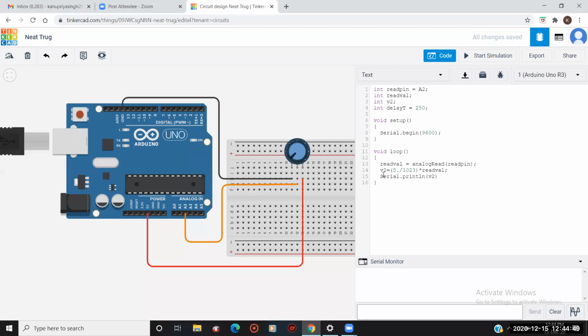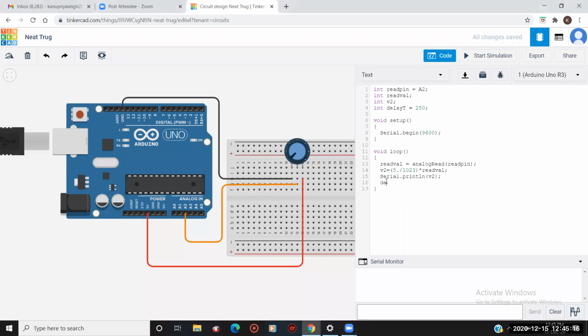Whatever value is stored in my v2 variable, I am going to print it. But the serial monitor is saying, I will print your value, but are you able to see me? Because we haven't given any delay.